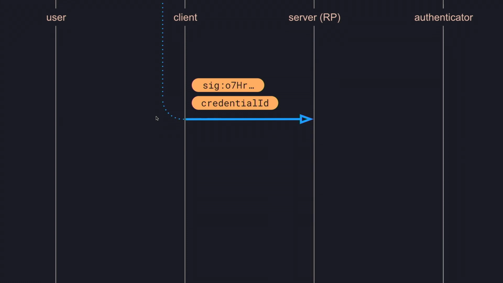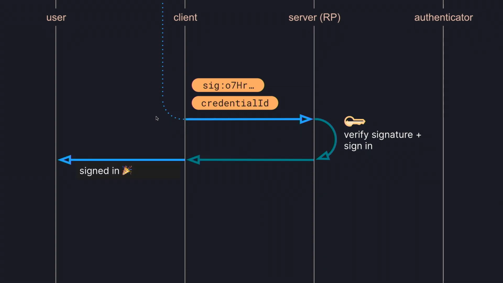And finally, the client sends everything back again to the server. And the server is now going to check if the username and credential ID are known. And if so, it's going to look up the original challenge that it sent, like with the options at the beginning. And it's going to look up the public key that it's supposed to already have stored. And it's going to validate this signed challenge. And that's called verification. So if verification is successful, the server is basically okayed to sign in the user and create a session or hand out an authorization token or whatever it chooses to do. Basically, at this point, if you're on a server, you know that the person or the client who is browsing has verified that they are who they say they are in a cryptographically secure way.